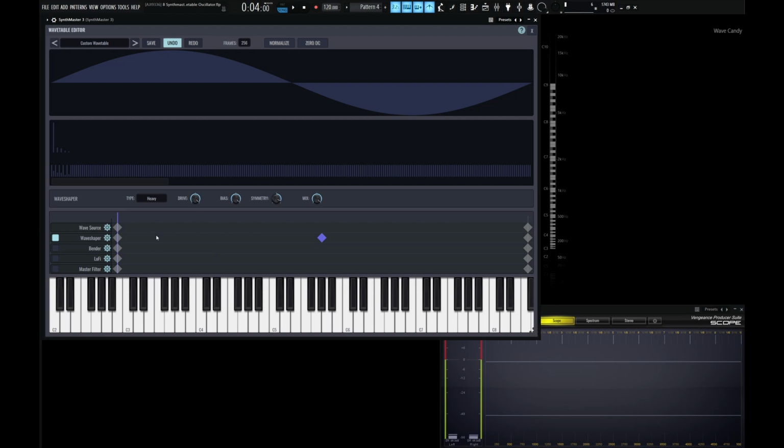And as usual, spend some time with the oscillator, make some wavetables, save them, export them, maybe bring them back in, add some more keyframes, save and export them, and so on and so forth. And you're really going to realize how powerful this